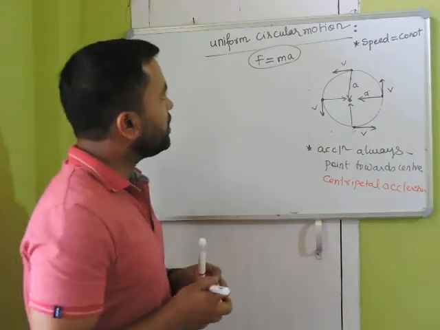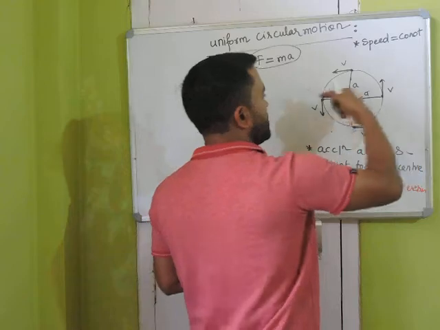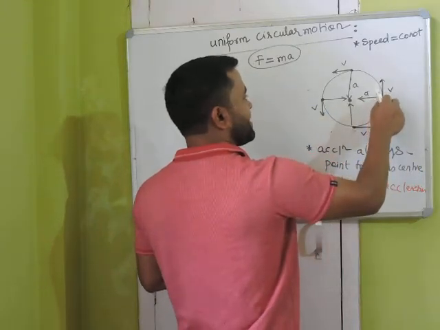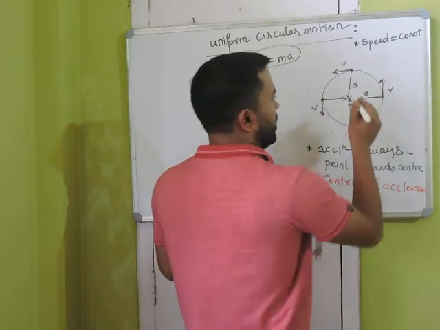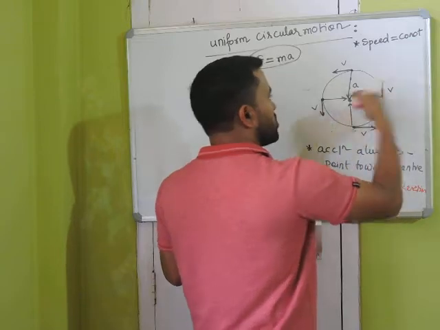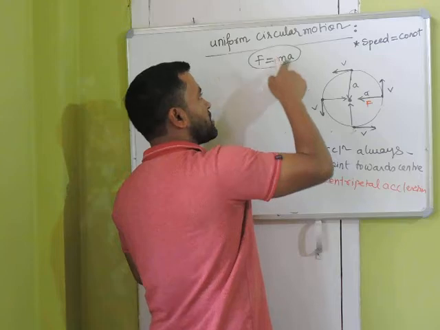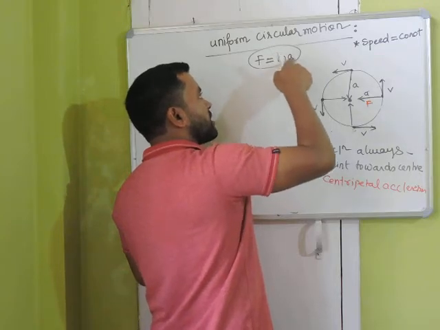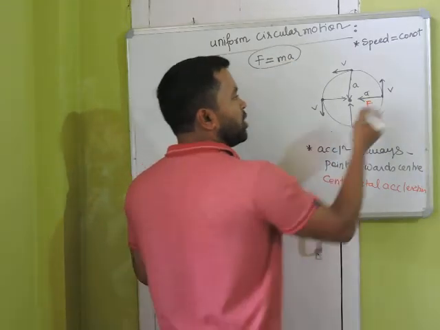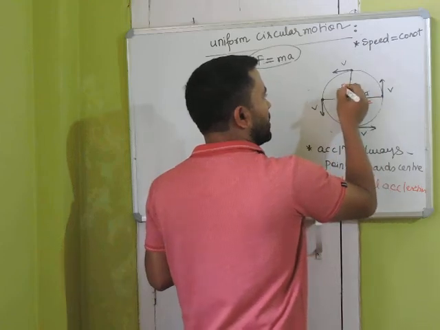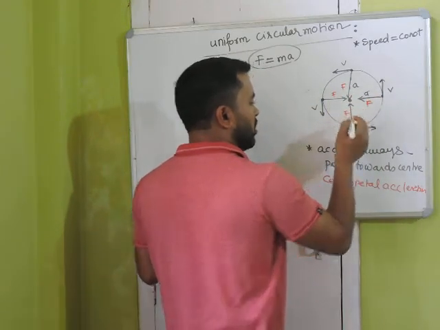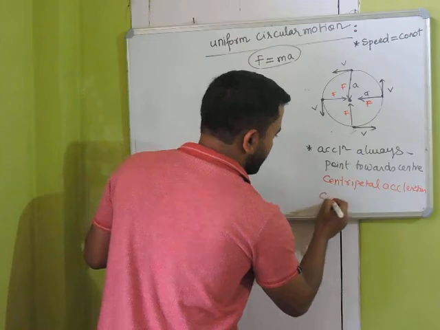Now if you remember Newton's law, force on a body is mass times its acceleration. So now we know that acceleration is towards the center. If the stone has mass m, then m times a will be the force. Force also is directed inward because force is a vector quantity and mass is a scalar. Whatever is the direction of acceleration, force will also take that. So force is directed inward, and this force is also called centripetal force.